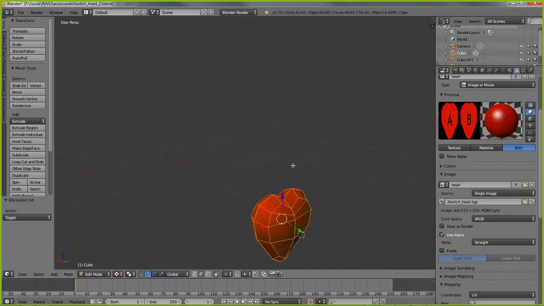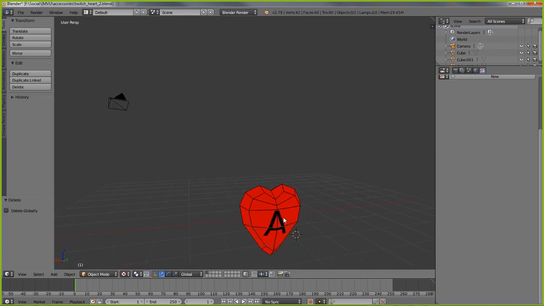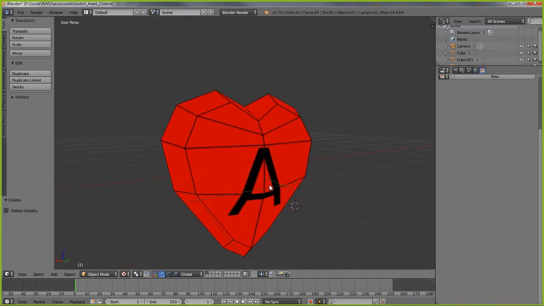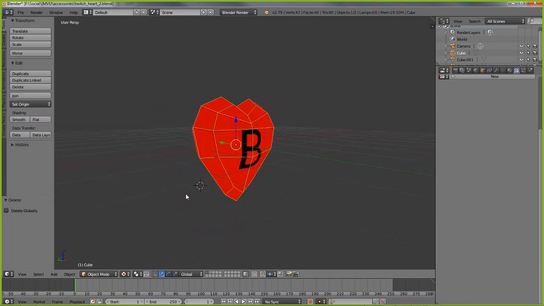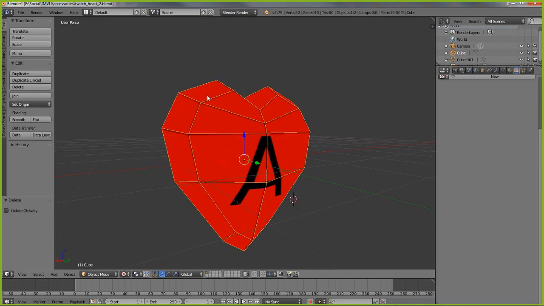Let me just get rid of this light that's in the scene, so select and just delete that, we don't need it. There we go. So there is the heart with the texture assigned to it, so A and B. So you might want to do that because